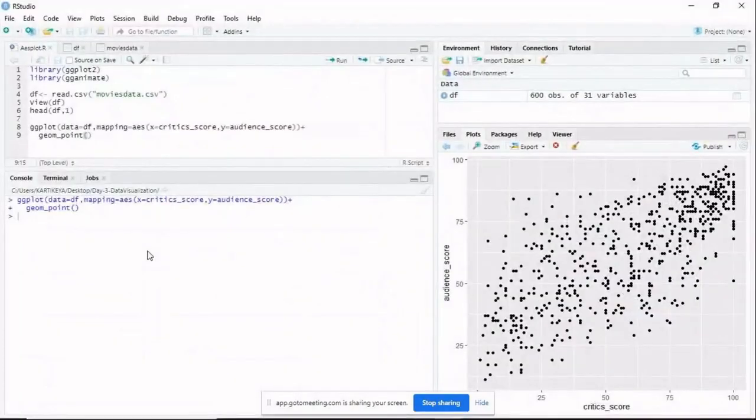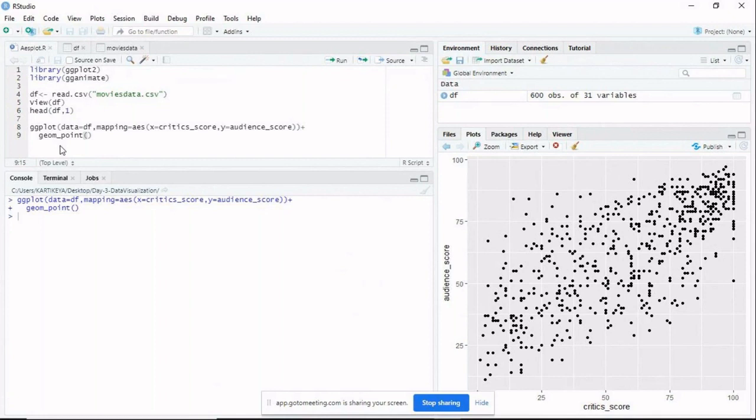Now we want to plot the relation between audience score and critic score. Audience score is the rating that you give for a particular movie when you watch a film, which is recorded in your data set. Another variable they have considered is critic score, from the experts who review your movie. So we want to correlate these two, to see whether the critics are correctly estimating the audience pulse or not.